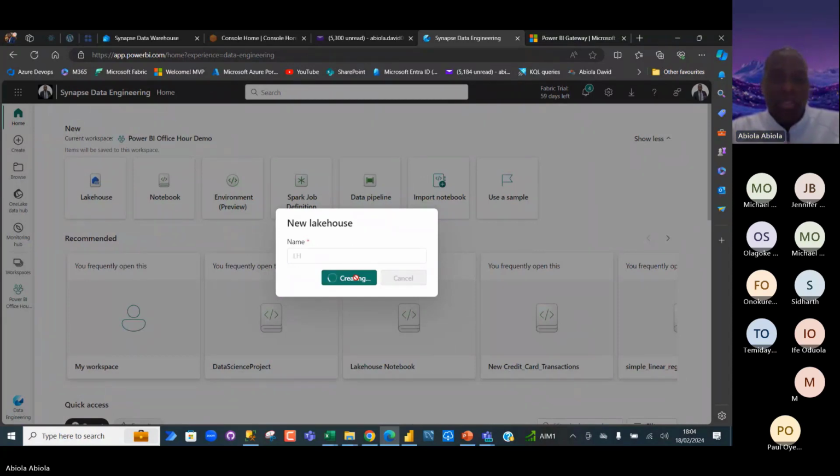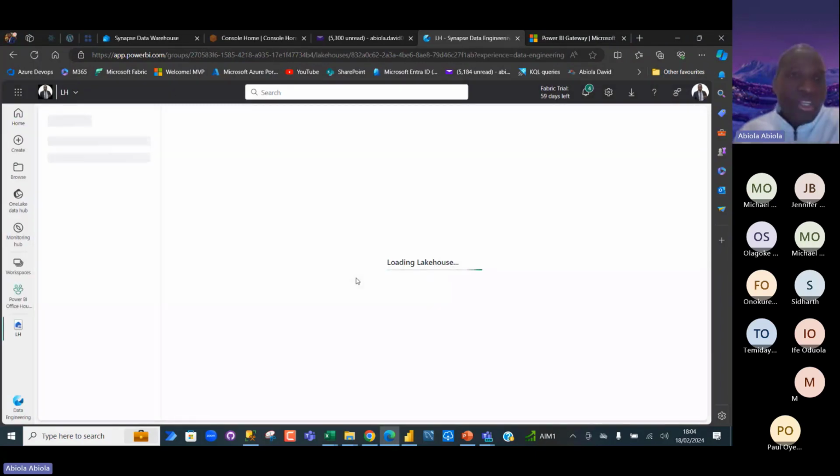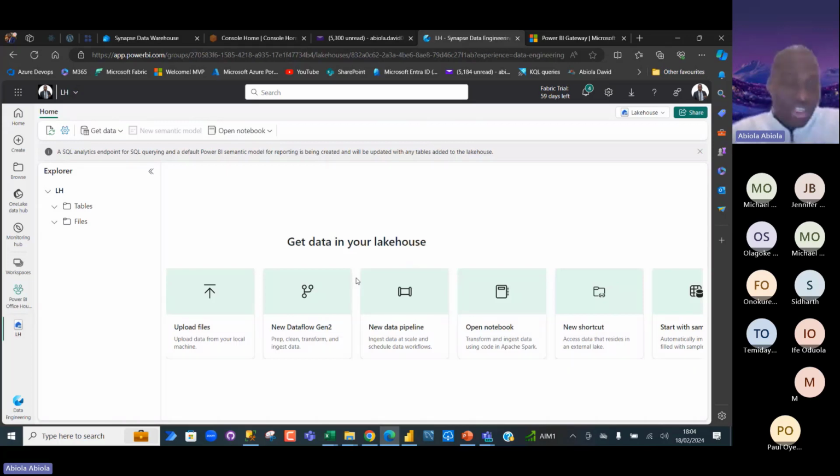Okay, so again, we can ingest data into the lakehouse using the Fabric notebook. We can use the upload method. We can use the data pipeline. We can even use shortcuts. Now, a shortcut allows us to connect to data from internal or external sources without physically ingesting the data into the lakehouse. And it's the same thing like direct query in Power BI Desktop.